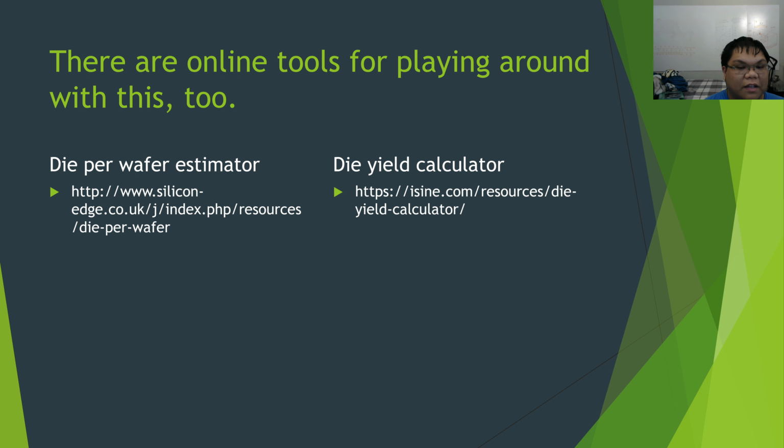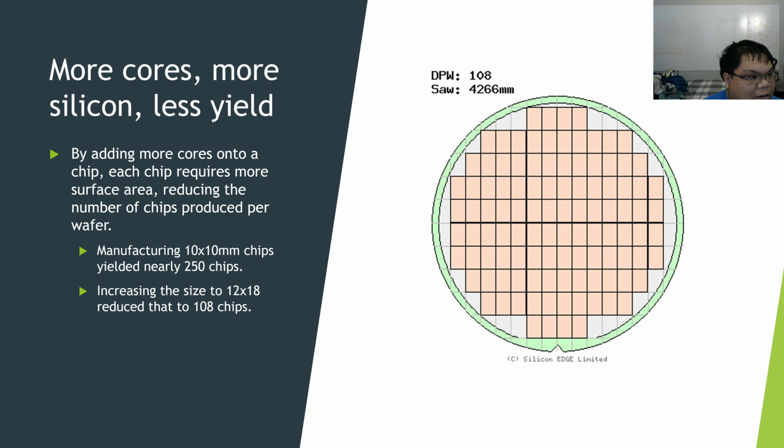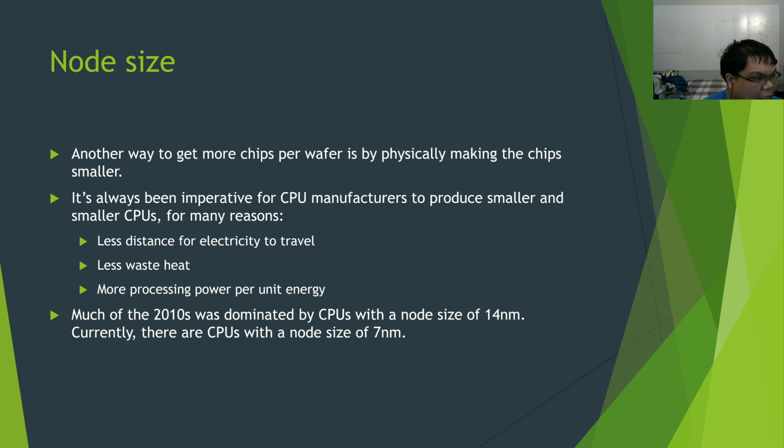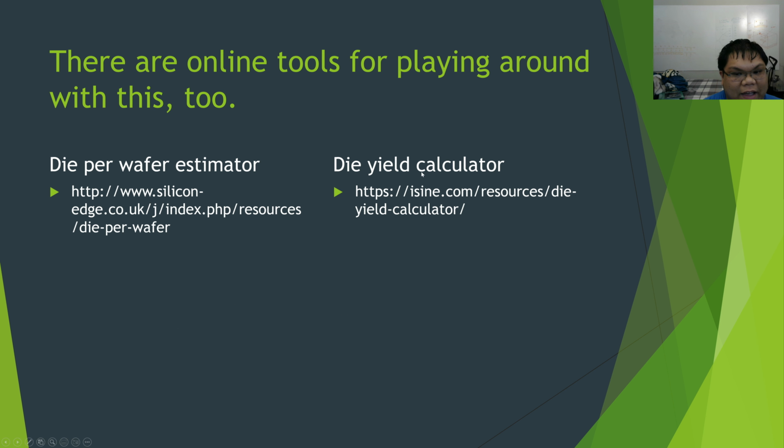So for example, you can have this setup where you have nearly 250 dies per wafer, and then you can mess around with the defect density and see how many fewer CPU dies you end up with remaining that aren't defective. So with that,